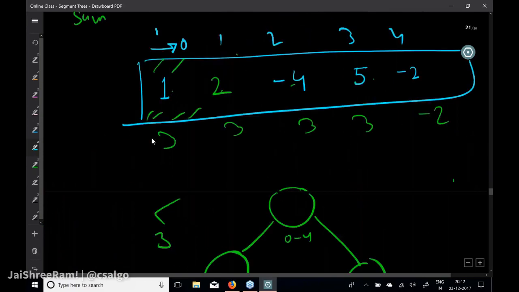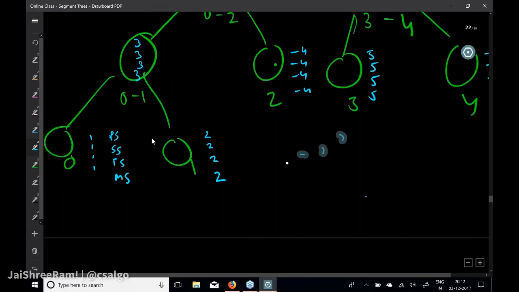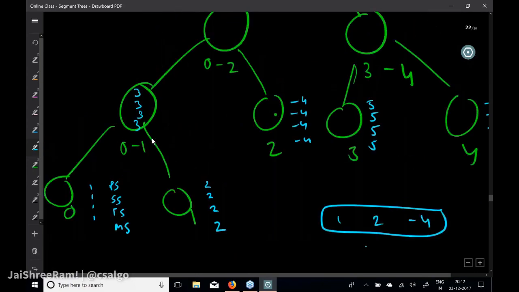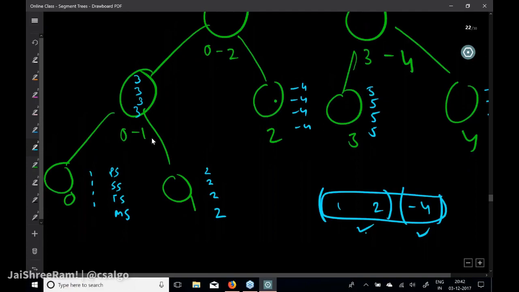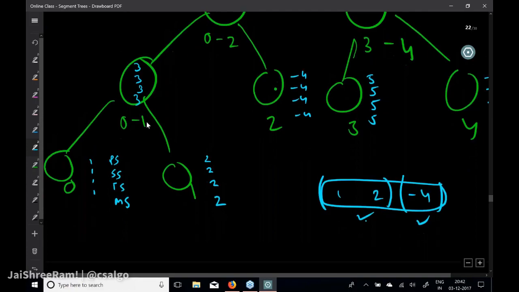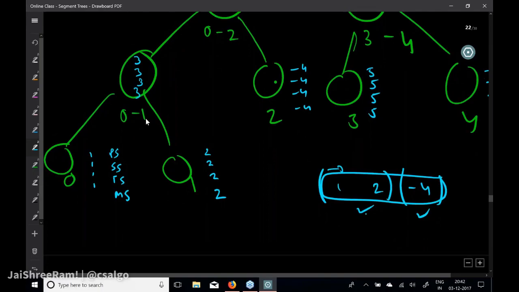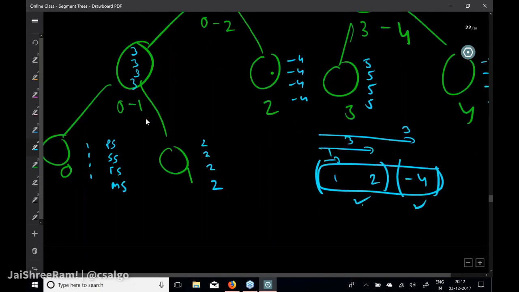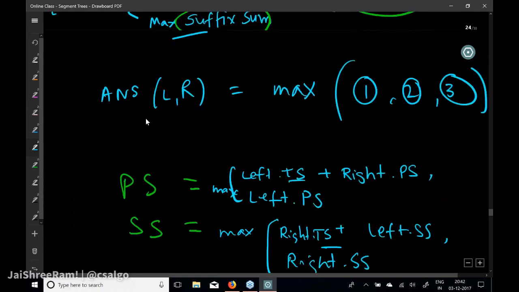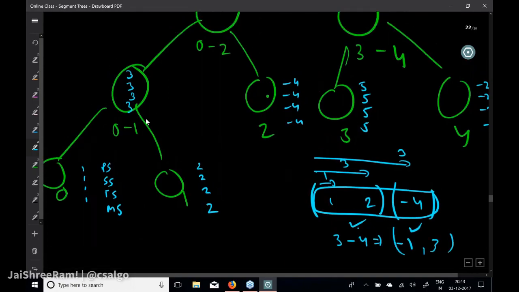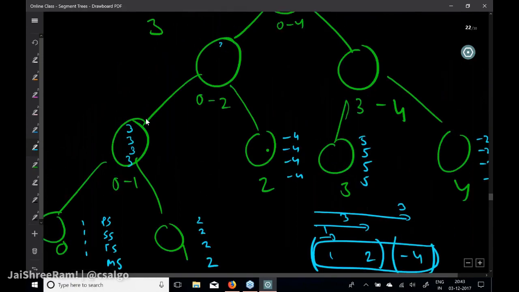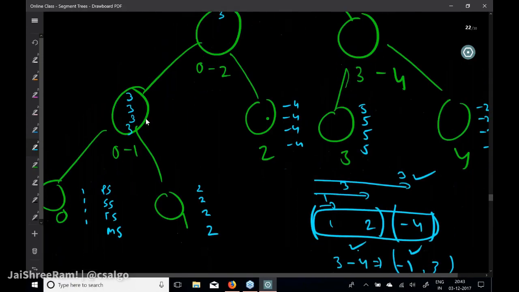अब देखो इसमें हमें बेसिकली एक पार्ट हमारे पास ये है और एक पार्ट ये है, ये दोनों पार्ट्स मर्ज हो रहे हैं, इनके आंसर हम निकाल चुके हैं, ठीक है। सो अब ये मर्ज हो रहे हैं, तो सबसे पहले प्रीफिक्स सम 1, 3, 3, फॉर्मूले से देखते हैं। फॉर्मूला ये लिखा हमने प्रीफिक्स सम का, लेफ्ट का टोटल प्लस राइट का प्रीफिक्स। सो लेफ्ट का टोटल कितना है 3, राइट का प्रीफिक्स -4, एक ऑप्शन ये है, या फिर लेफ्ट का प्रीफिक्स विच इज 3, दोनों का मैक्स 3। तो उसने बोला प्रीफिक्स सम 3 है, तो हमारा भी 3 आ रहा है, ठीक है।